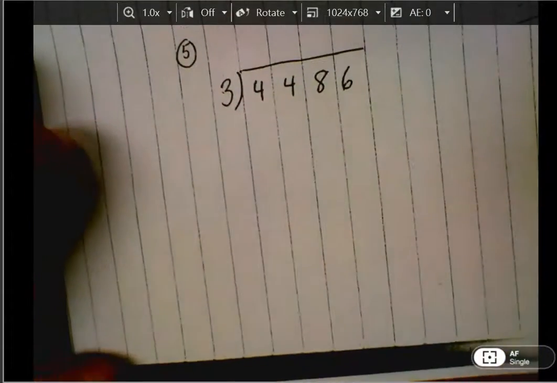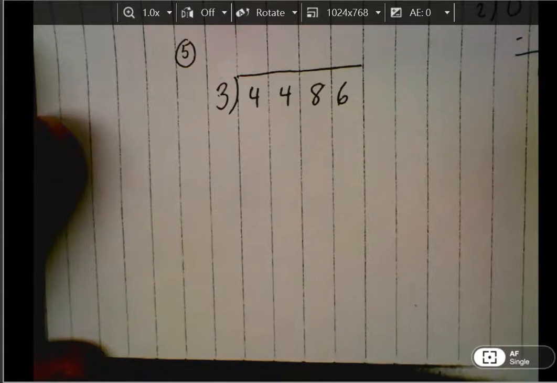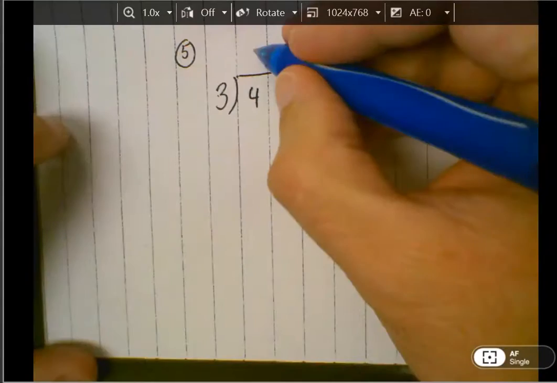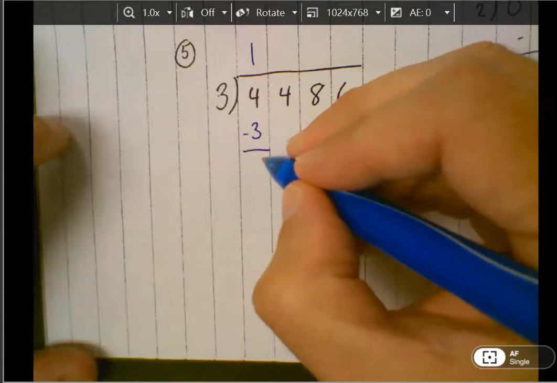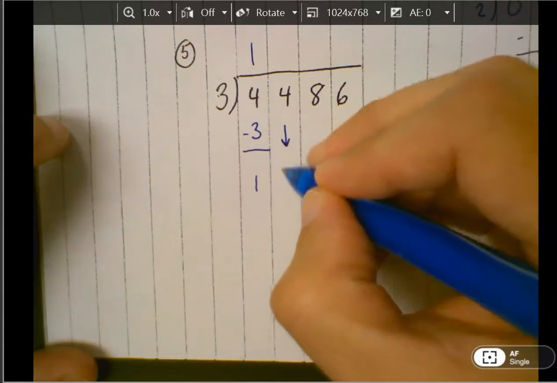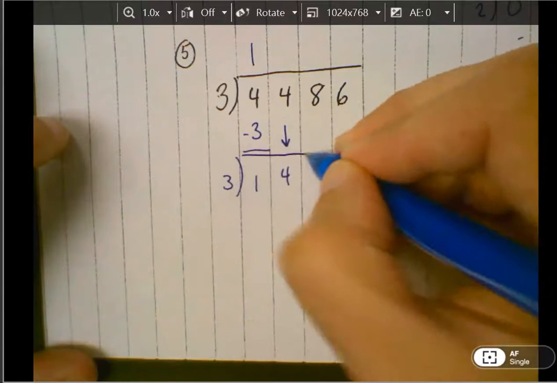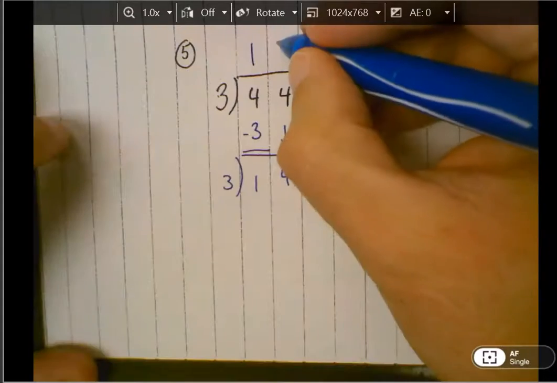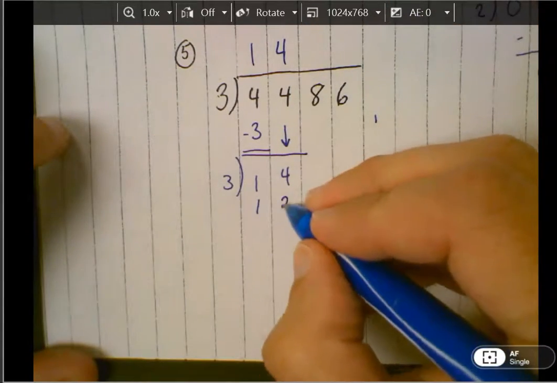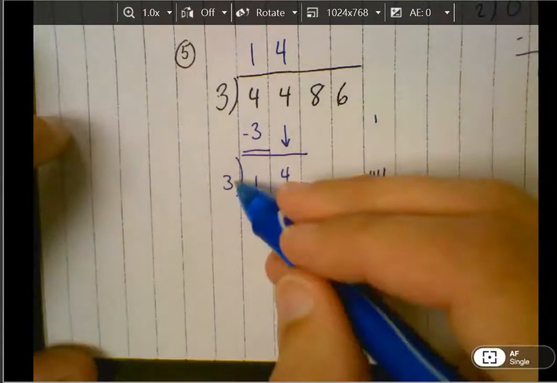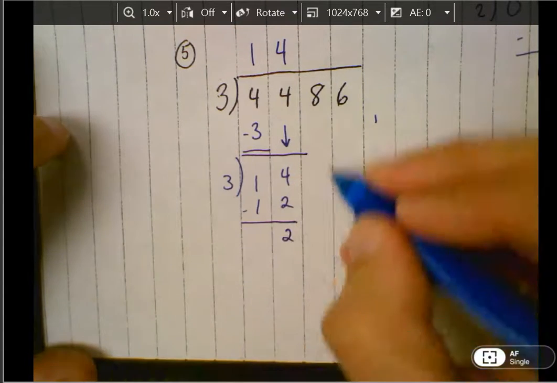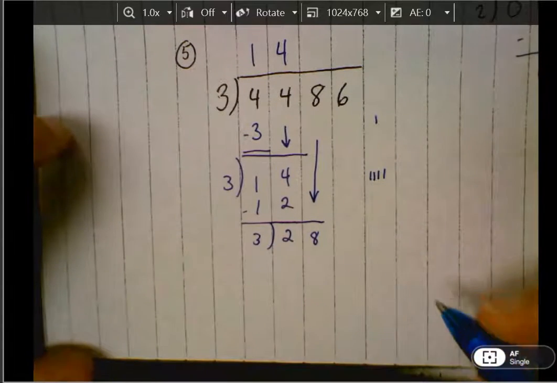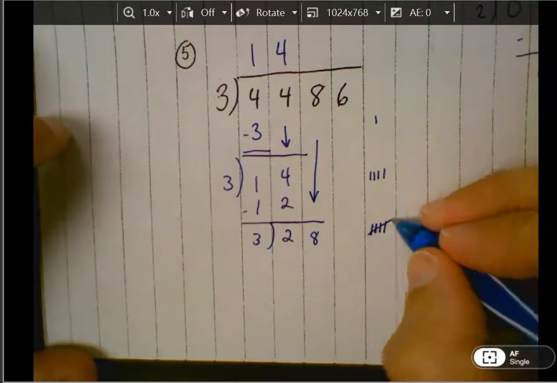Finally, we have a 4-digit dividend. In the 4-digit dividend, you end up with problems like we had seen in the previous number, where after the subtraction and bringing down the 14, you are dividing into a double-digit number. 3 can go into it 4 times. 4 times 3 is 12. Subtract. Once again, you're dividing into a double-digit number,